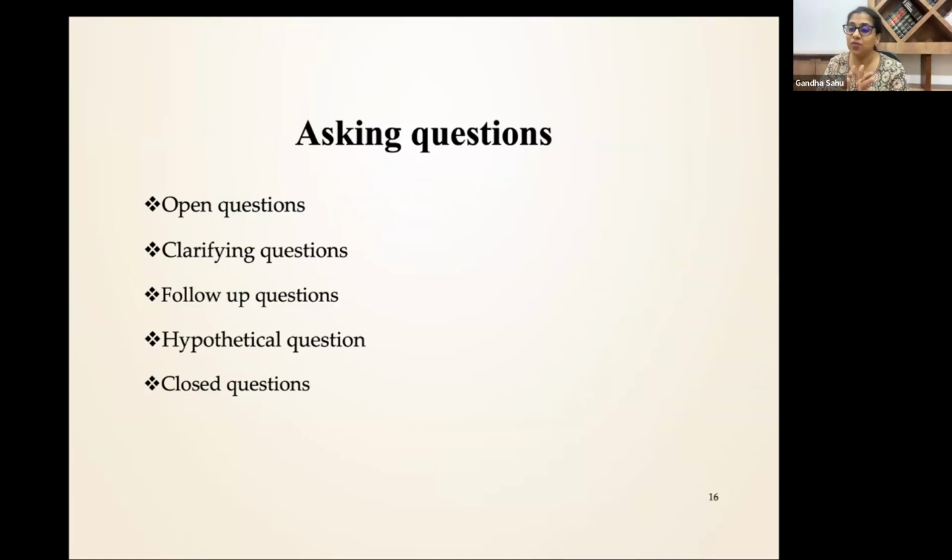Okay. Then we ask clarifying questions. Once we get a story, we say, oh, you said you went up the steps. Where were the steps leading? So you clarify. Okay, you said you did this. What do you mean by that? Remember that this is not to confirm what you are thinking, but it's coming from a space of understanding what the other person is thinking.